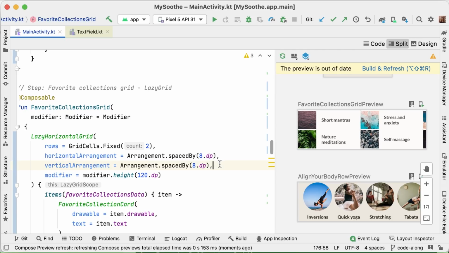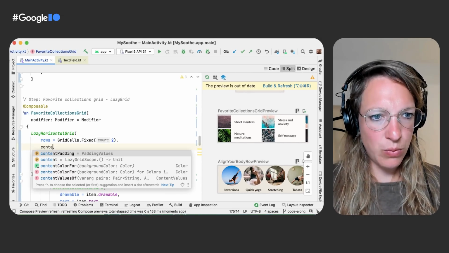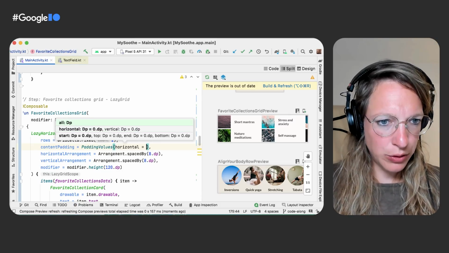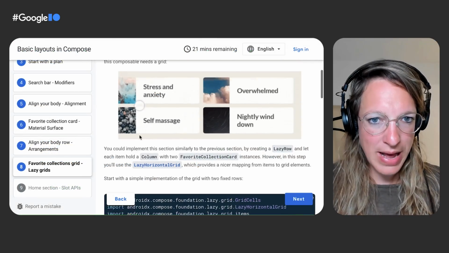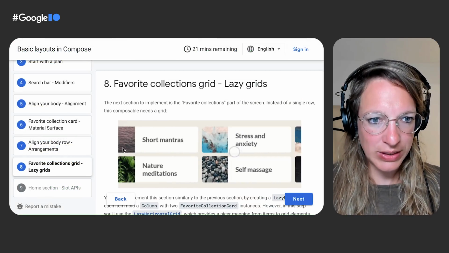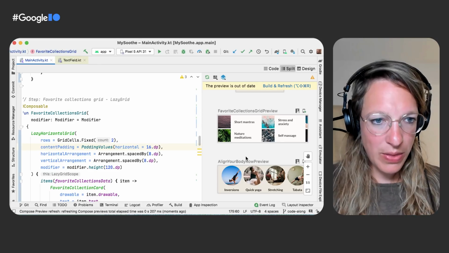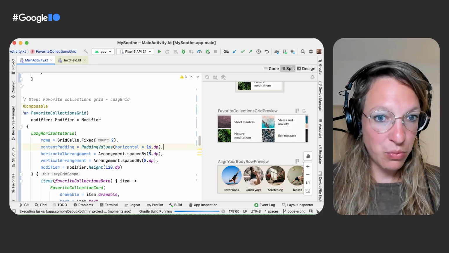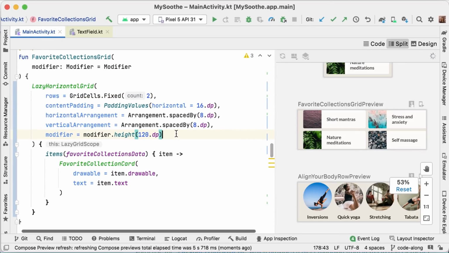Great. Now we can actually add the padding values to the content padding, same like before, and set them to 16 dp horizontally. Yeah, so again, we want to use that same kind of content padding. I'm going to just add it first, and then I'm going to show, based on the original design, why this is what we want. So I'm going to quickly go back to the code lab. And as you could see in the design, it also had the 16 dp at the start, the 16 dp at the end, and 8 dp between each cell. So with that, I think we have a preview that looks like our design, and we have this step done, right? That went quite fast. Great. Let's move on to the next one then.